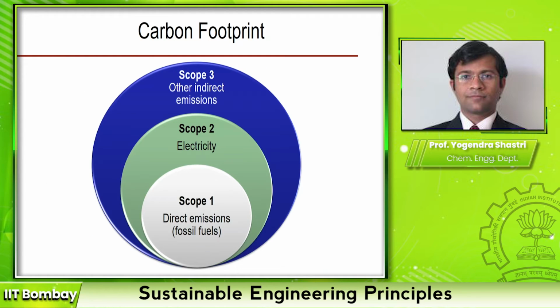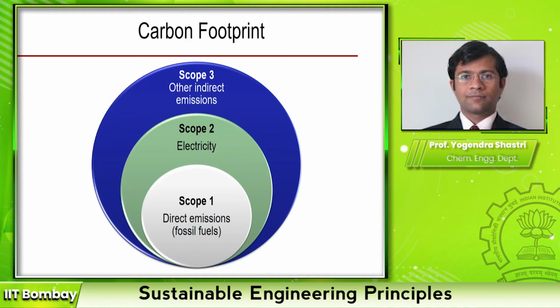So let us try to understand how carbon footprint calculation is done. The calculation itself is basically about accounting. You have to look at all the resources and all the emissions and try to quantify the carbon emissions or GHG emissions related to that particular resource or activity or emission. So the calculation itself is divided into three scopes. Scope 1 is about direct emissions which are typically because of fossil fuels, and we will see examples of these subsequently.